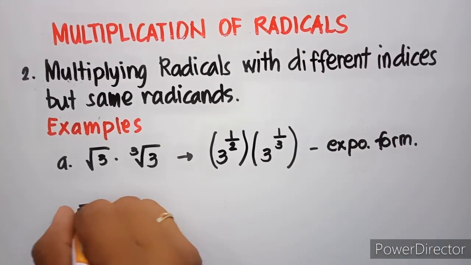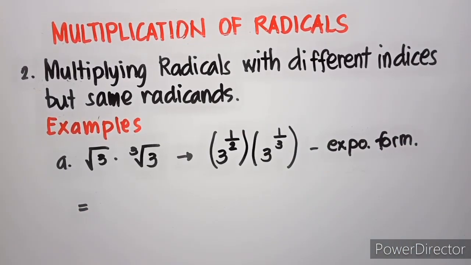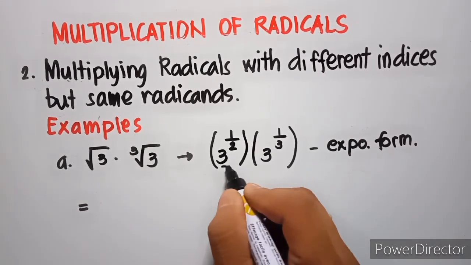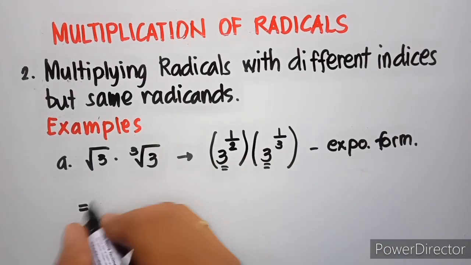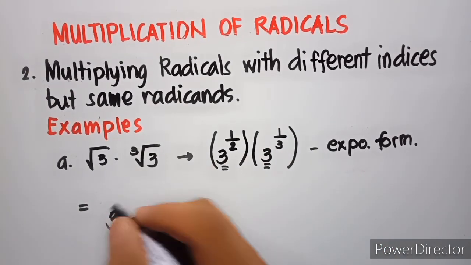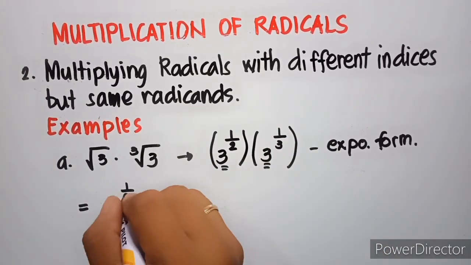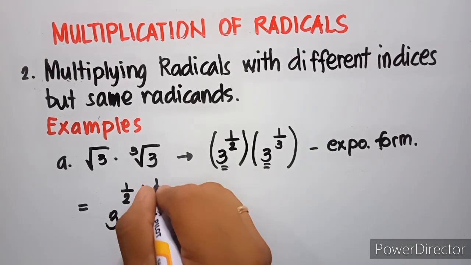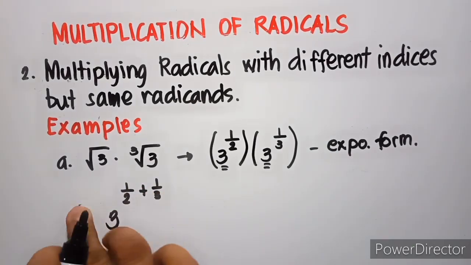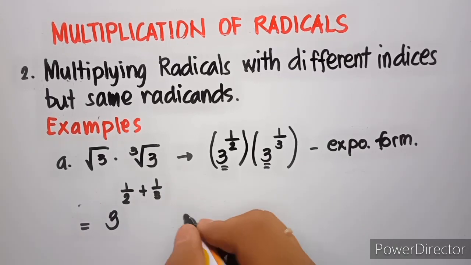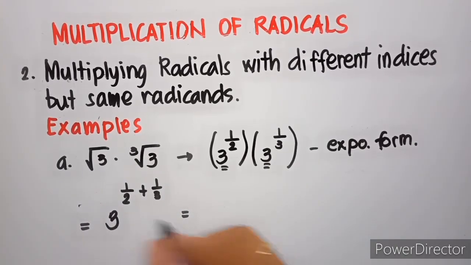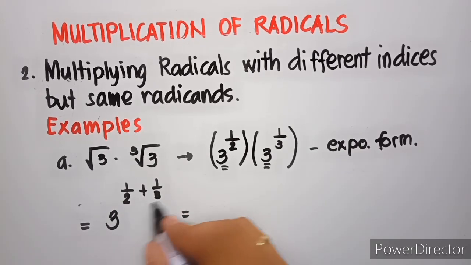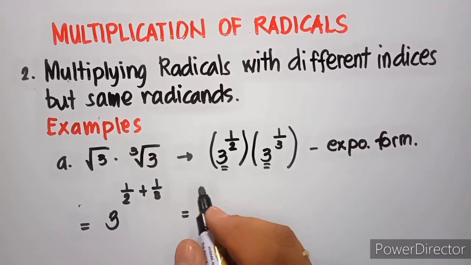Then after that, apply laws of radical or laws of exponent. Since we have similar base, we can add our exponent. So 3 raised to 1/2 plus 1/3. By applying the laws of exponent, we are going to get the sum of the exponent